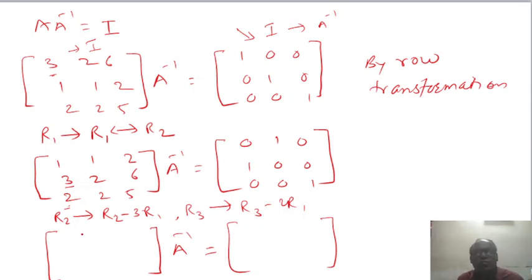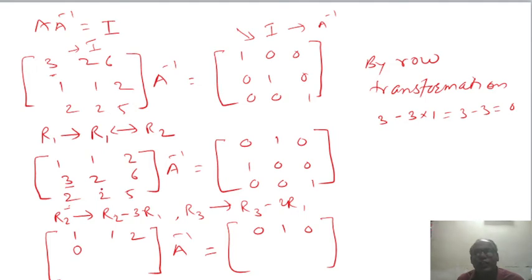Now the first row as it is, 1 1 2, here it is 0 1 0. Remember this thing, there is no change in R1. Therefore your first row as it is, 1 1 2, then 0 1 0. Is it clear? Now how to perform R2? What is R2? R2 minus 3 R1. What is the element here? 3. Pay attention. 3 minus 3 into R1. What is R1? The value of R1 is 1. That is 3 minus 3, which is equal to 0. This is the first calculation, 0.